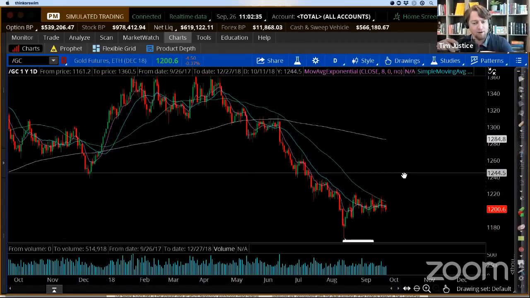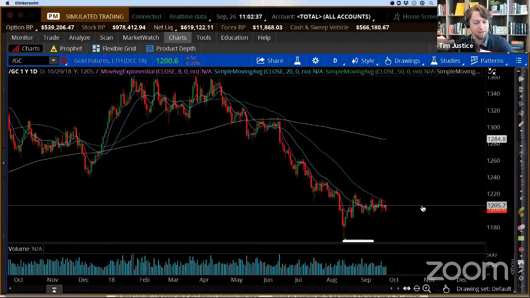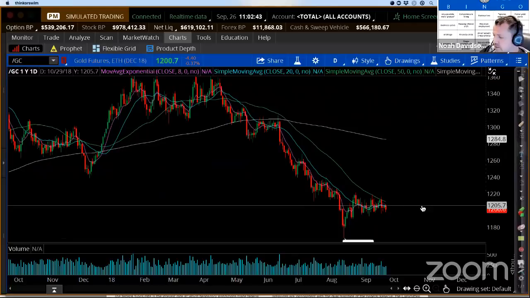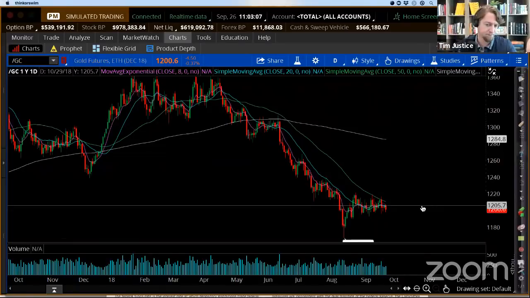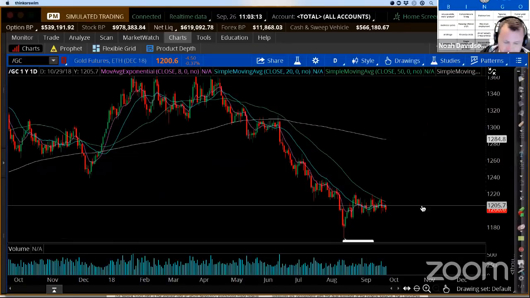Noah, I'm looking for a break one way or the other. Do you have a bias on this chart? It still looks bearish to me, in my opinion. I think my bias is bearish. I think a rate hike strengthens the dollar. And again, this is one of those things where you trade what you see, not what you believe. But I do have a fundamental opinion based off of the policy. If they do strengthen the interest rate, I think the demand for gold drops. And if you look at it from an international business perspective, which would you rather do? Hold gold that pays no interest, or hold a strengthening dollar that does pay some interest? Gold is a hedge, and I think people will be happy to own the currency that's paying a little interest. Yeah, I agree with that.